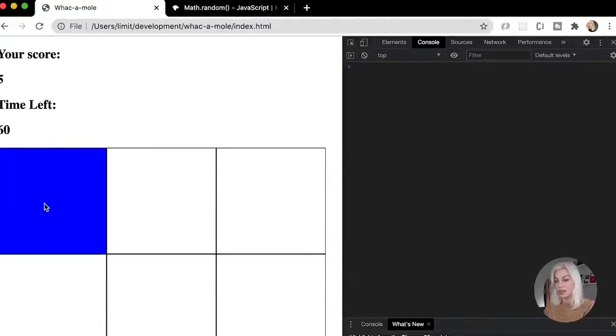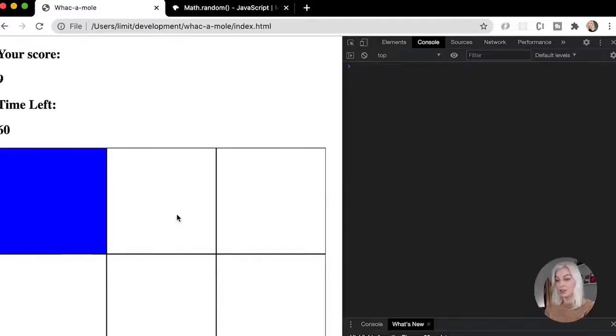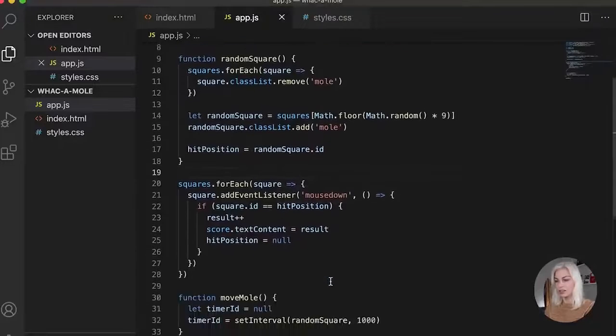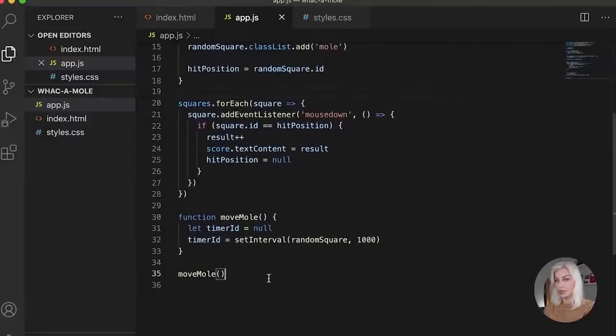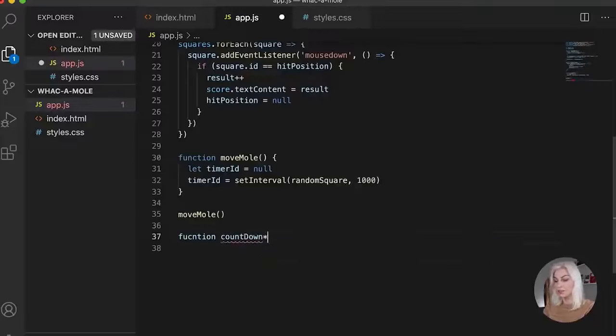Now we've got that working. We are adding a score each time we hit it. The last thing we need to do is actually get our timer to stop working. So let's do that. I'm going to do that below here and then slow it down so we can see it a bit because it's way too fast. So I'm going to write a new function called countdown. And then in here, in my function, with each time we invoke this, so I'm going to put this,